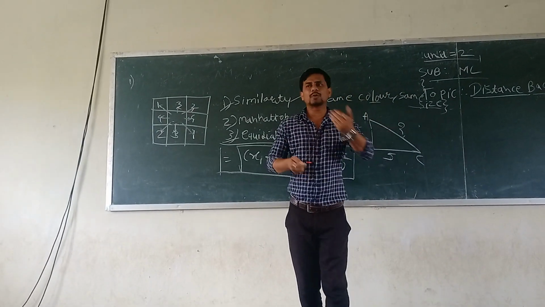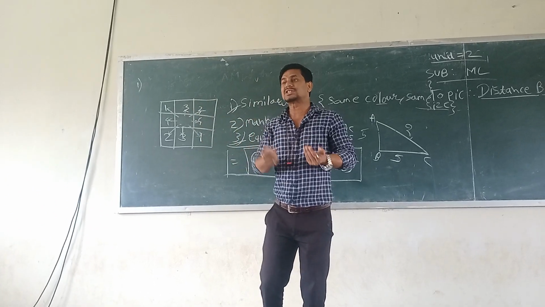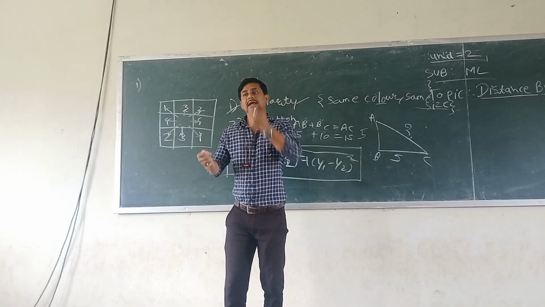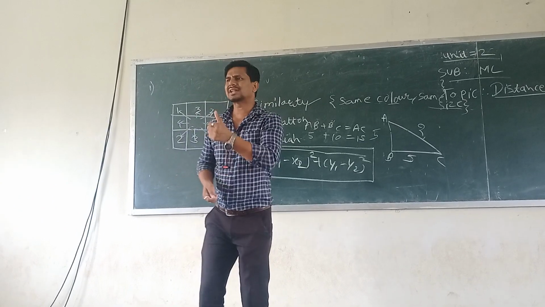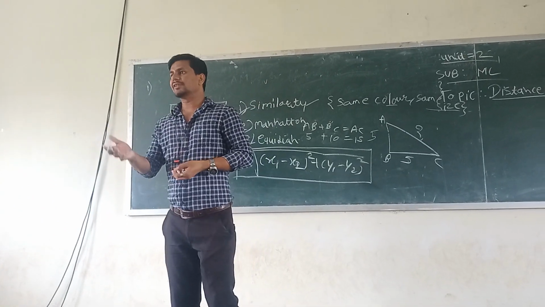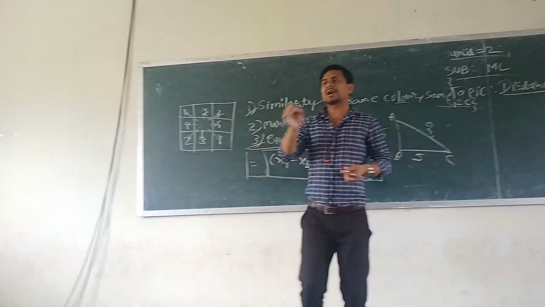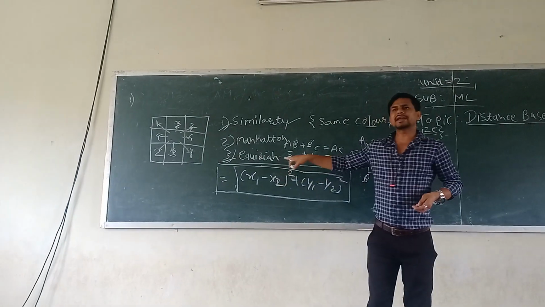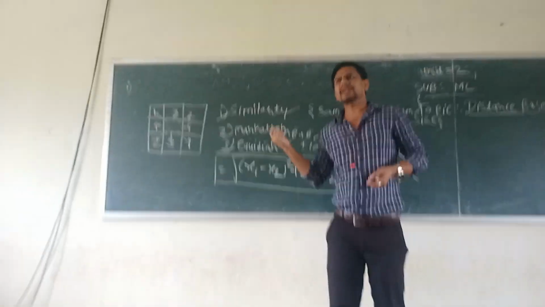Probability means, suppose I want to find the predicted value, not the actual value. Predicted value, you already know. Like before you toss a coin, you will not know whether head will come or tail will come, right? So for that purpose we are using equivalent distance to find a probability. Understand? Now any query in equivalent distance, any question?